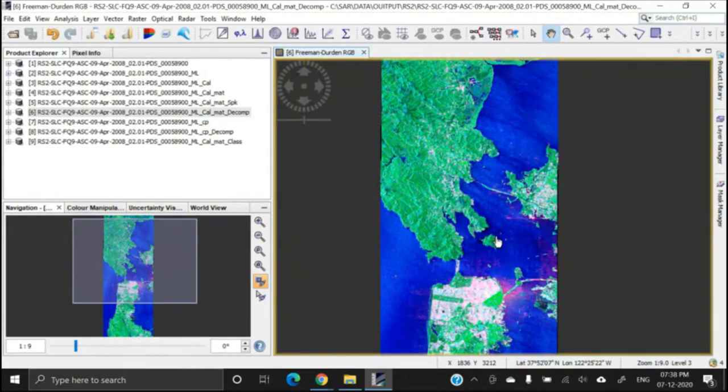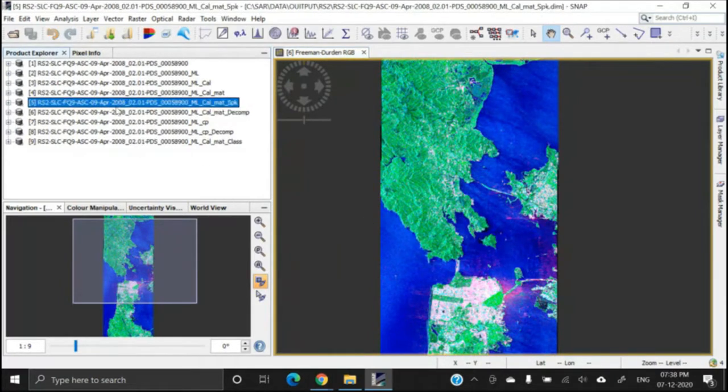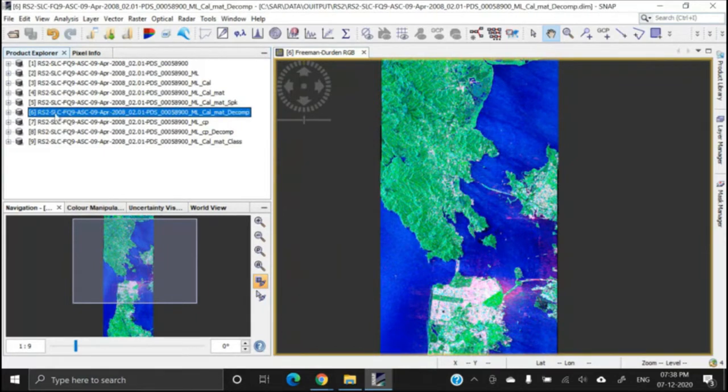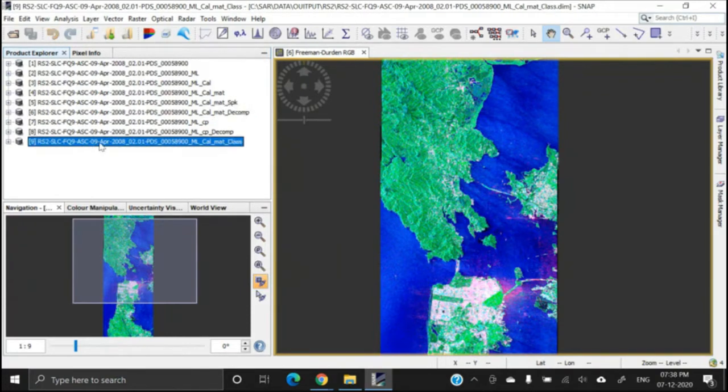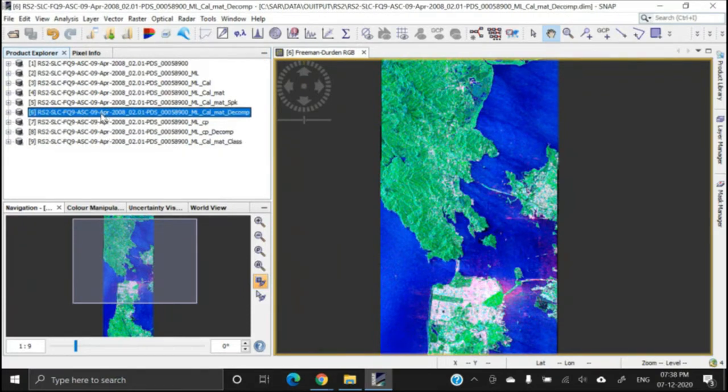So, to collect the signature, for example, we are going to classify this product, this number 6 decomposed product, serial number 6. This one will be considered for the classification. Therefore, make this one active.